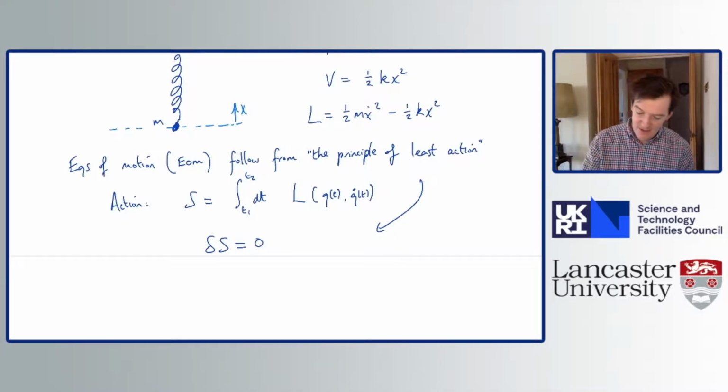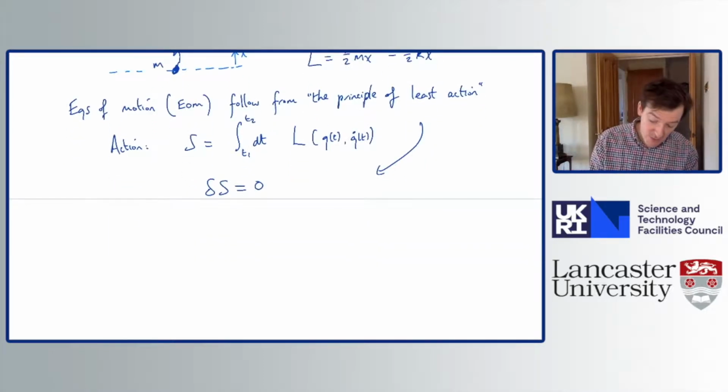So we call it the principle of least action. I guess a better name might be stationary action, because it's not necessarily the case that the action is minimized. We just know it's stationary, but we call it the principle of least action. But once you force that delta S is 0, you can derive that this occurs, delta S is 0, when my Lagrangian